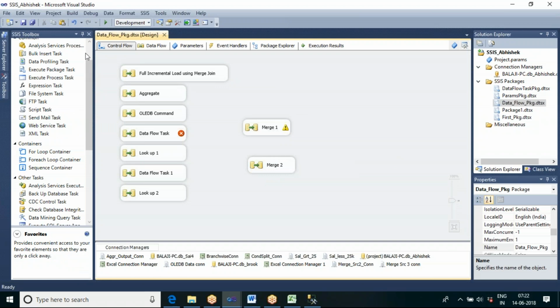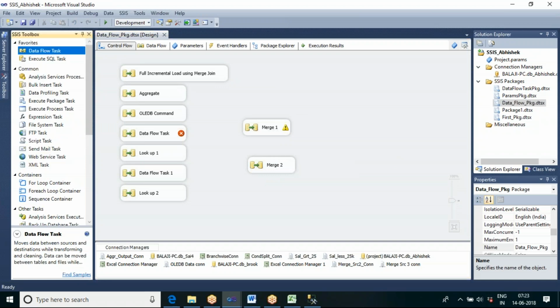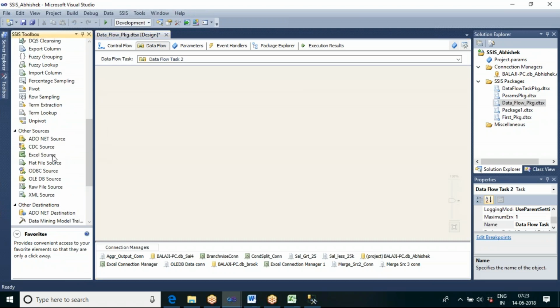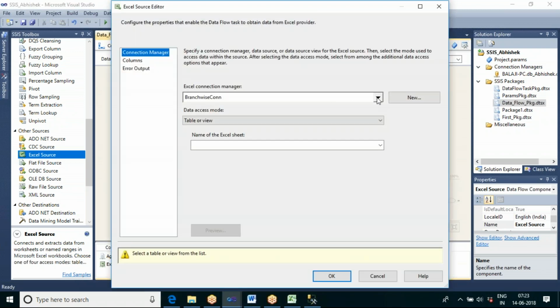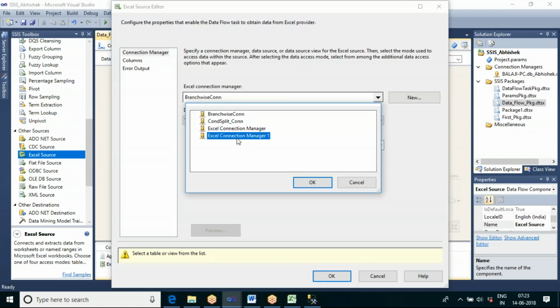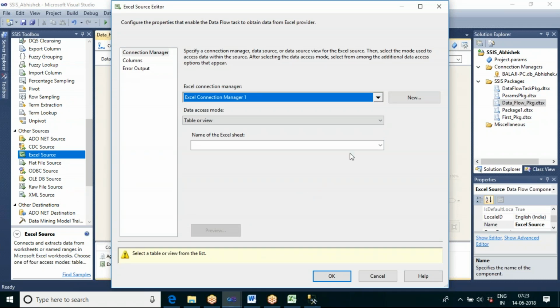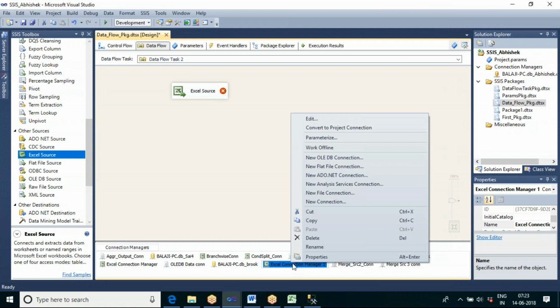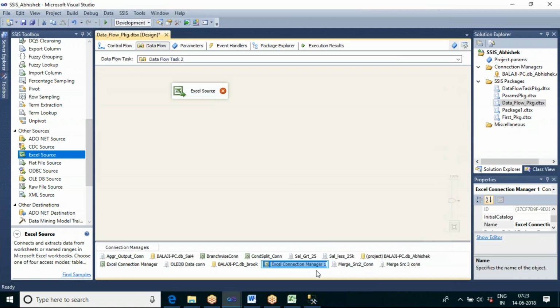Now let me go for one more data flow task, and show you the union all transformation. Let me take an Excel source, and the connection is already available. If you want to change the connection name, let us rename it, say merge source 1.